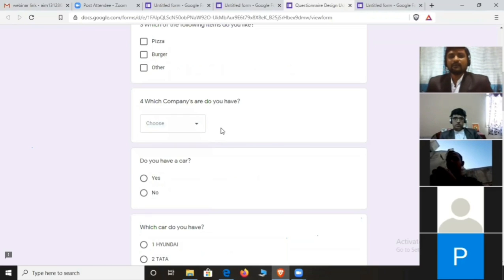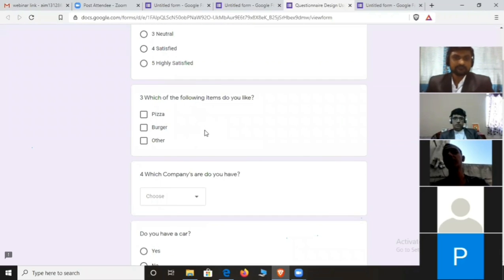So that's why nowadays researchers are using this option rather than multiple choice question. It will shorten your questionnaire size also. Okay, that's why this menu is very, very important. So my advice to you is to use the drop down option rather than multiple choice. Okay, then